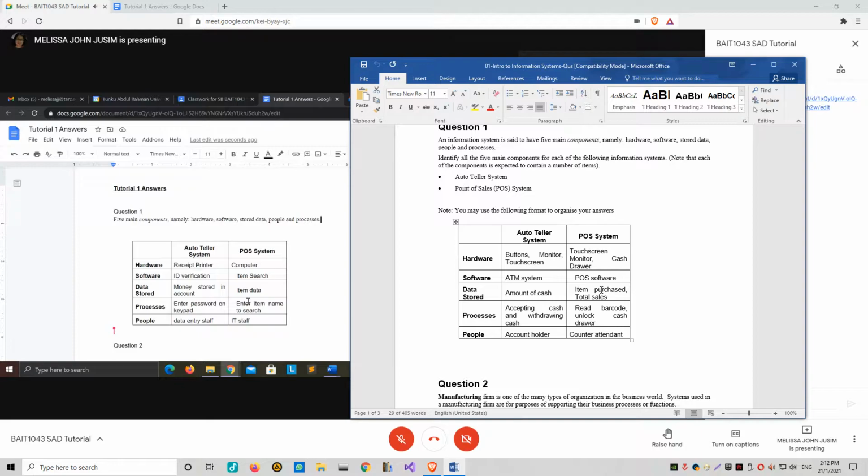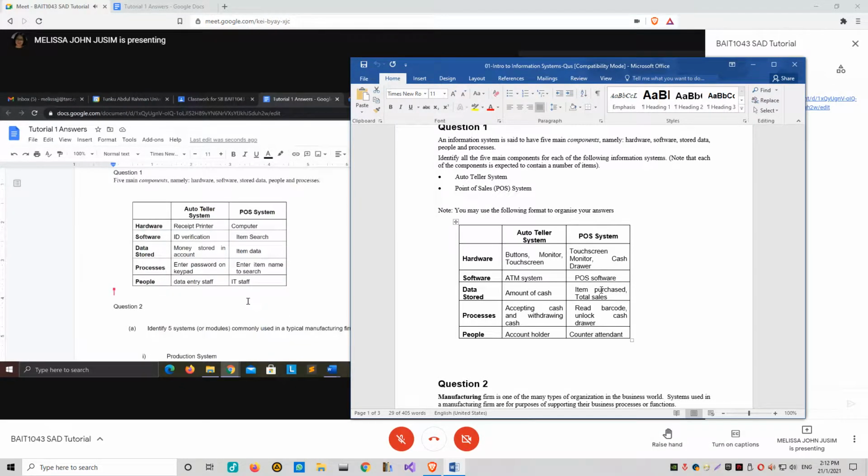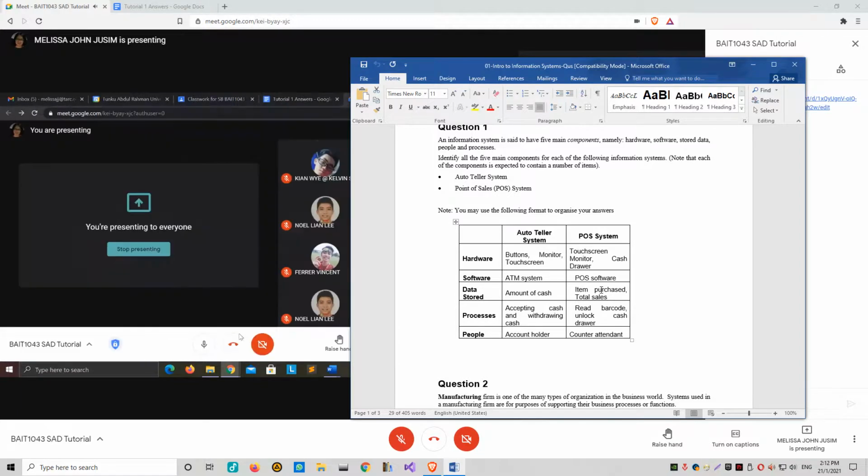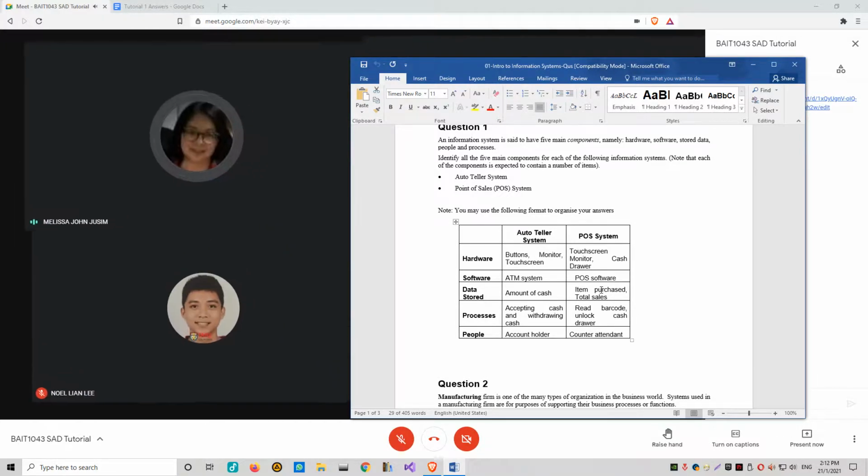Okay, let me check. Hardware, auto teller system. One moment, I think I have a slide for that. Let me go back and find it first.